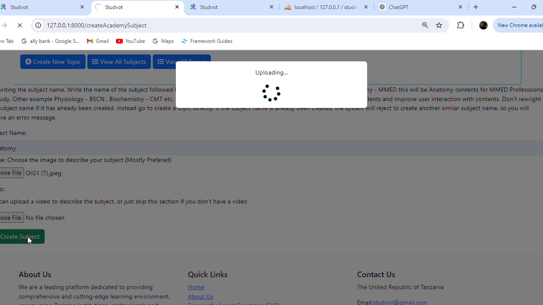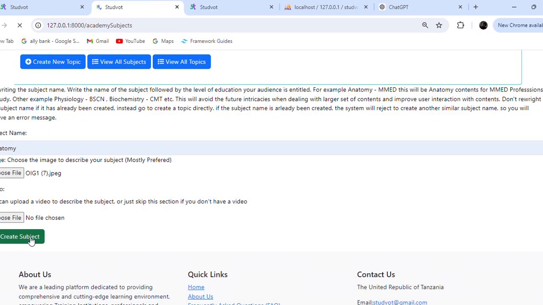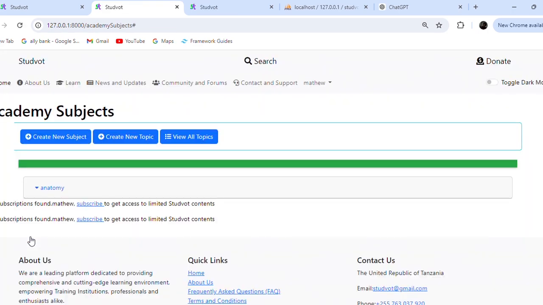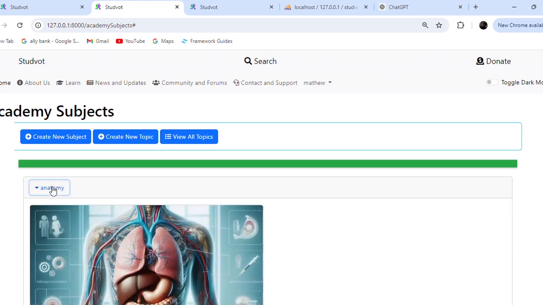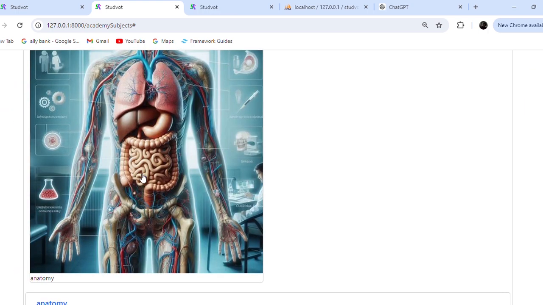So the subject is being created now, and once I create a subject, I'll be able to create a topic within the subject. Currently my subject has been created successfully. This is anatomy, and once I click on the subject,